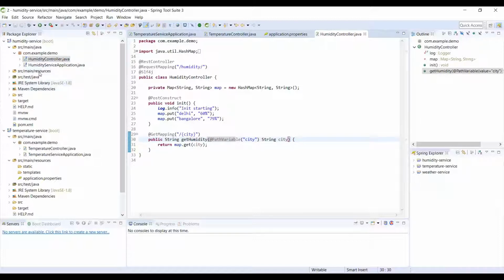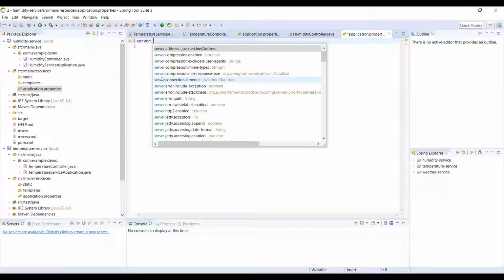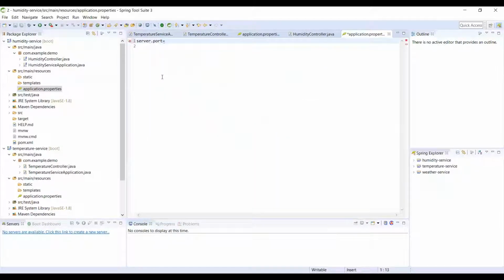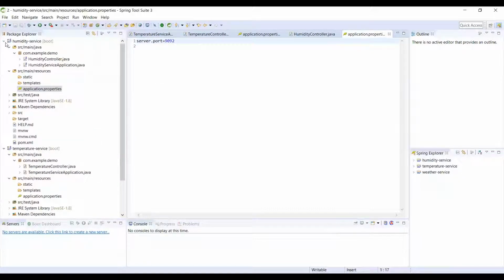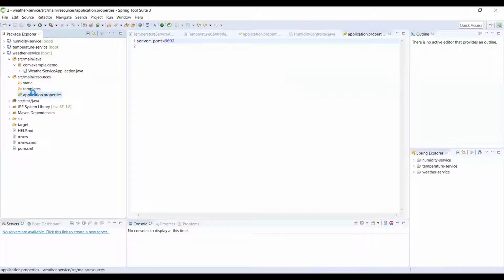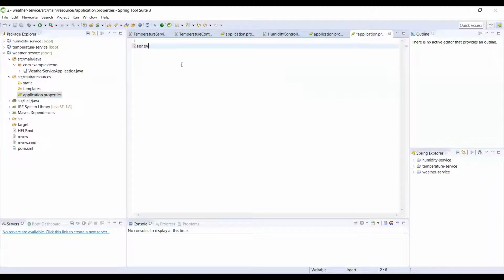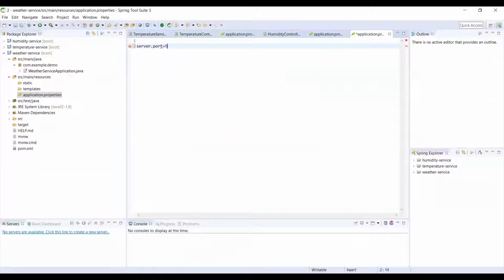So, and I will make this server dot port equal to 9092. So this is done. So now I'll start coding how my weather service is going to look. So first let me put the server dot port 9090,